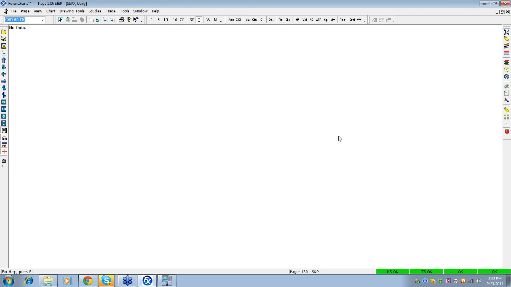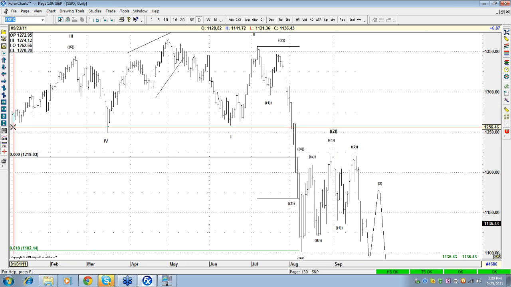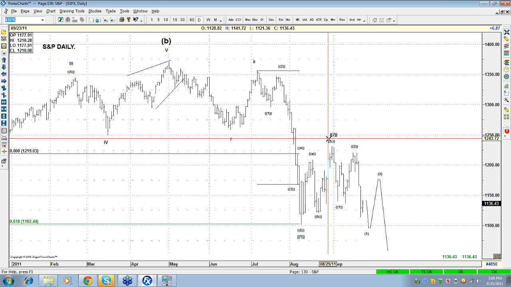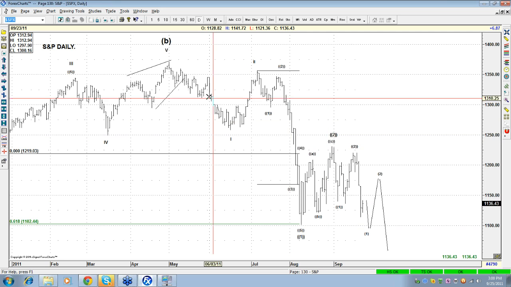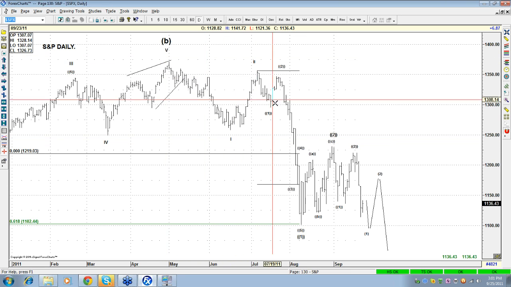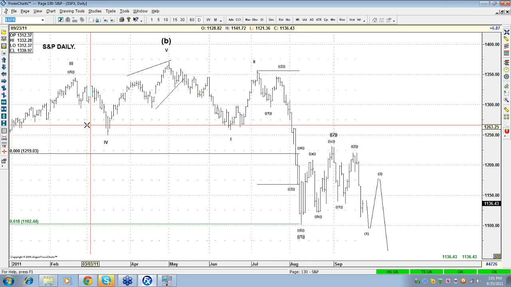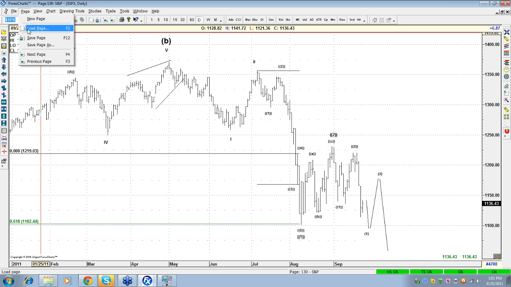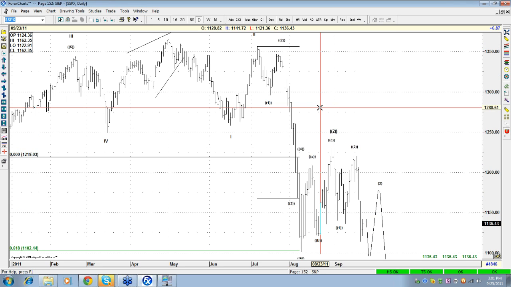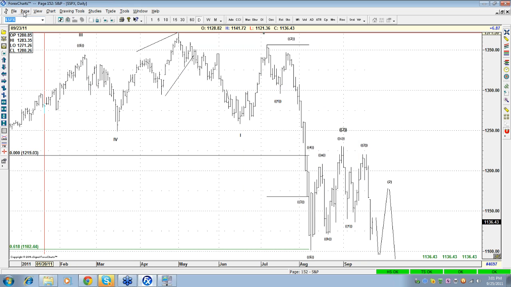S&P, this is what we've been saying: either 1, 2, 1, 2, or we've got a nest. I'm sorry, that's a nest. Or we've got 1, 2, 3, 4, and 5. I was noticing over the weekend, because guys, sometimes during the week I have so many things on my mind that I miss a lot of details. One second.